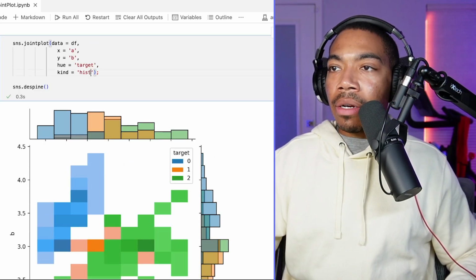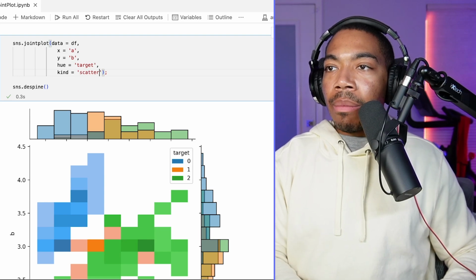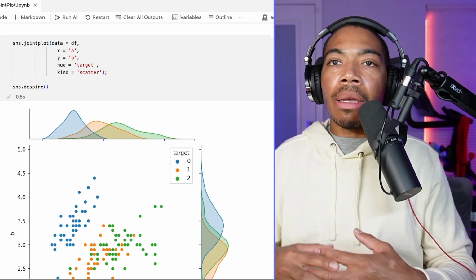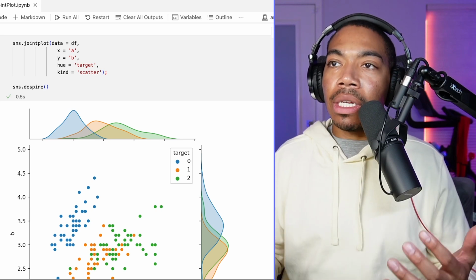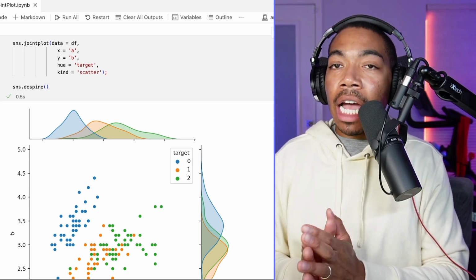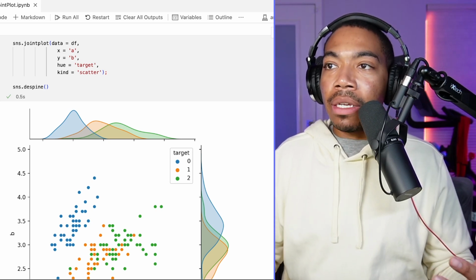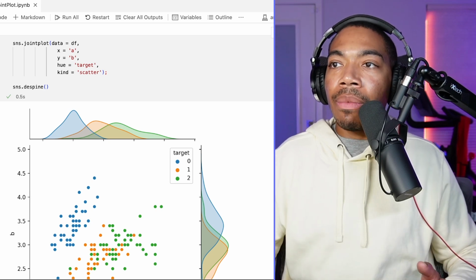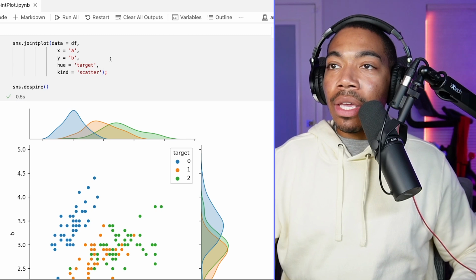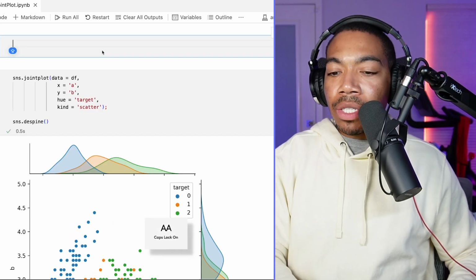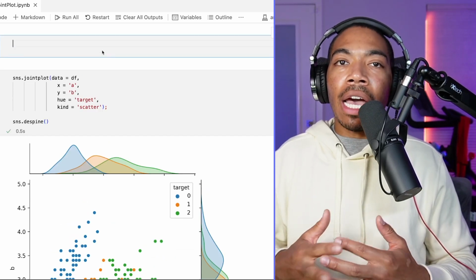Let's go back to scatter. And when I'm making figures, there's times where I'm using Plotly Express and Seaborn and Matplotlib, and I want a consistent color scheme. And in fact, I prefer the Plotly color scheme, the default qualitative color scheme. So I'm going to show you how we can actually incorporate that into this plot really easily, just as a bonus piece of information in case you're in the same boat